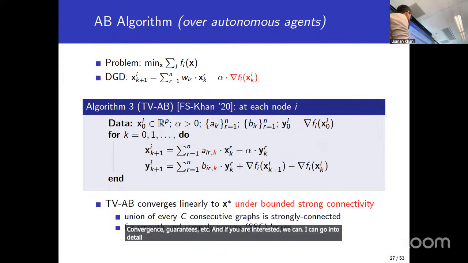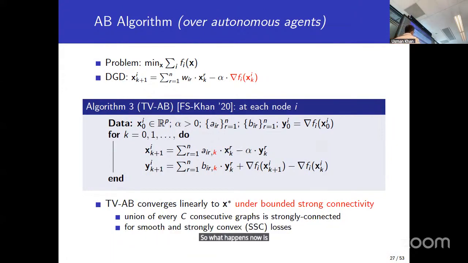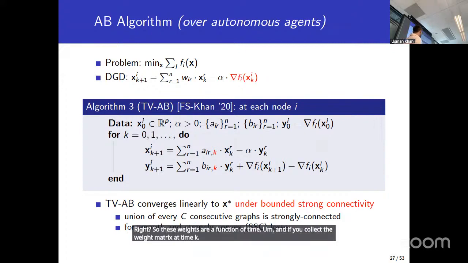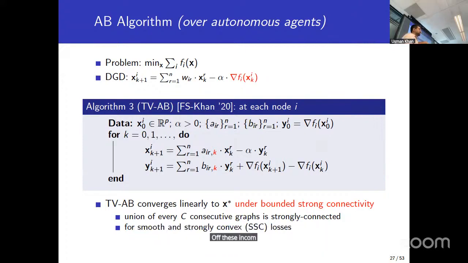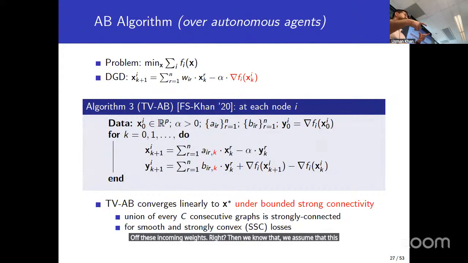And lastly, we were also able to use this framework and extend it to mobile nodes. So what happens now is that all of these weights, I've marked them red, right? So these weights are a function of time. And if you collect the weight matrix at time k of these incoming weights, then we assume that this time k incoming weight matrix is row stochastic,